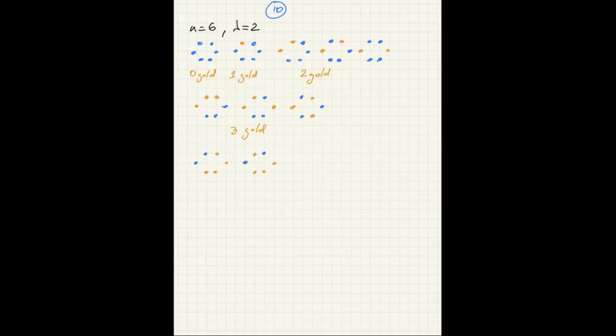This one also has 4. And there's one more. So you can see that you can actually pair them up with the ones that have 2 gold in a complementary fashion. And then let's draw the one that has 5 gold. That's the only one. And the last one, the one that has all